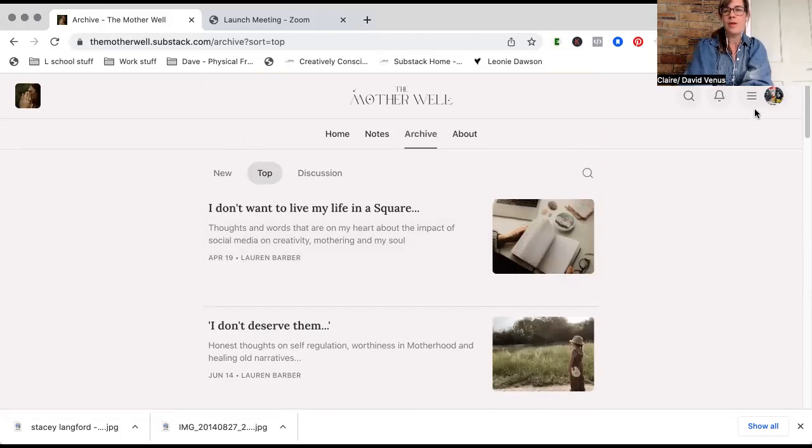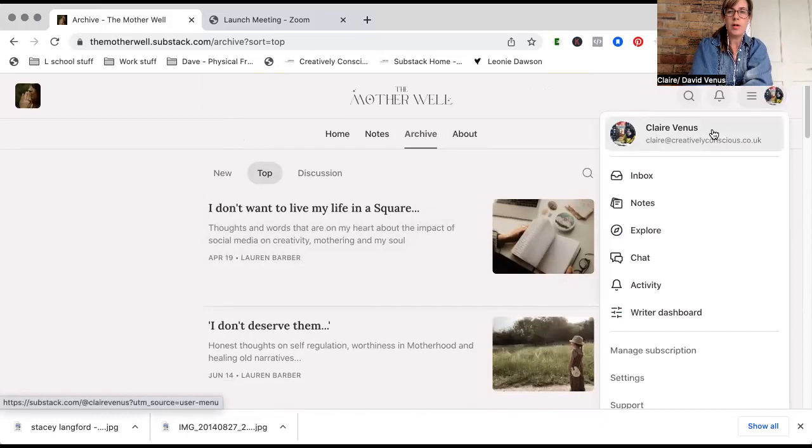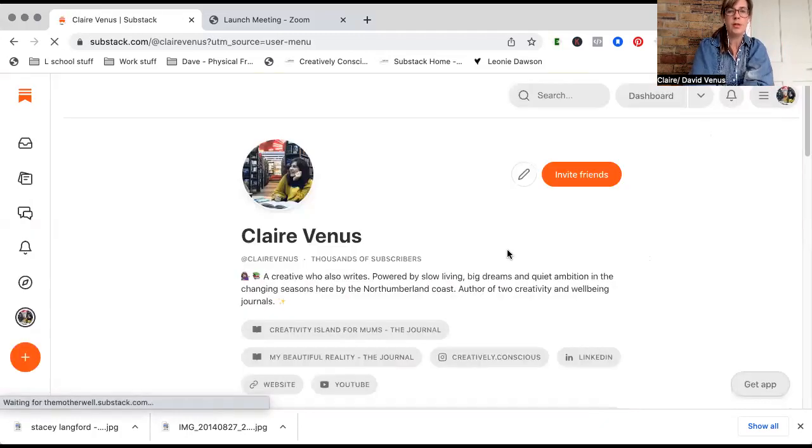I'll just move that out over there, and then you have your little profile here. Now, sometimes people can get quite confused about where to find something in settings, and that's because there are actually 2 places to edit your Substack profile and edit your Substack publication. So if we go into this one and click in here, this is going to give me the option to